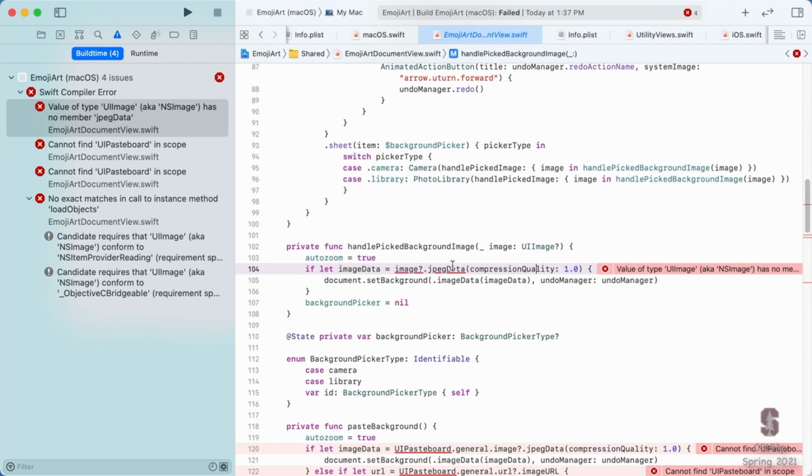We could try and maybe define jpegData over on the Mac, but if we're going to call it jpegData, it better be JPEG data. And I'm not a Mac developer, but I don't really know of an easy way to take an image on the Mac and turn it into JPEG. It probably is a way, but it's a good opportunity for me to show you a different way, which is to abstract a concept. We're going to abstract a concept away, and then we're going to implement it differently.